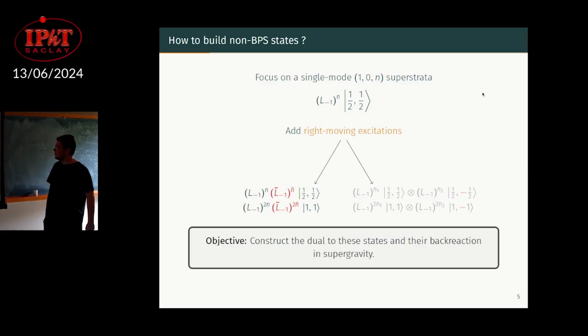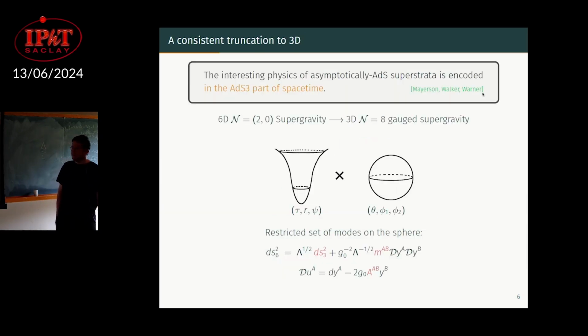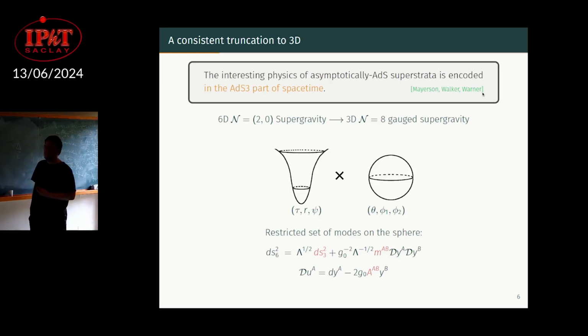The objective is to construct the dual to these states in the bulk and find their back reaction in the bulk. And as Rodolfo also already told a bit before, we want to use a consistent truncation to do that. The reason is that in 6D, trying to solve the equations of motion directly in 6 dimensions would be way too complicated. And so we can look at a certain consistent truncation that has been found by Daniel, Robert, and Nick a few years ago. And in